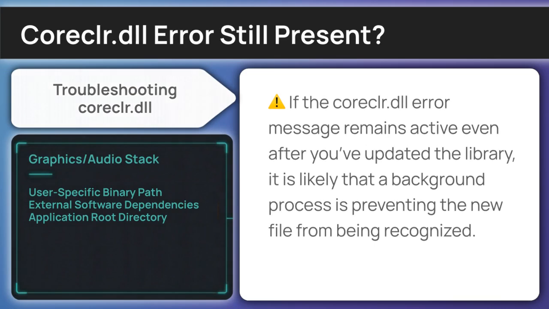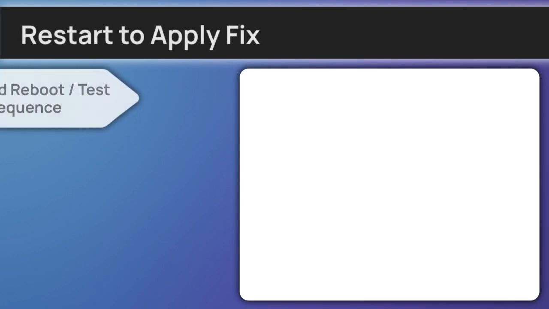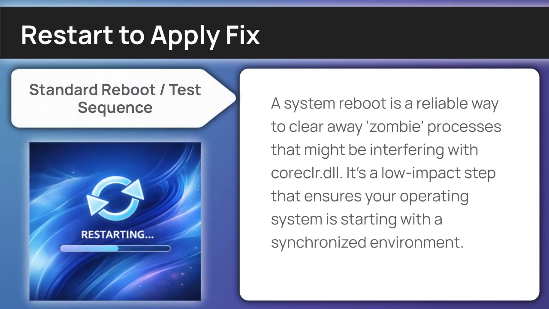process conflicts. Performing a restart can determine if the error is just a transient environment glitch. A reboot refreshes your system's path variables and can sometimes re-establish a broken link to the Coreclr, Common Language Runtime